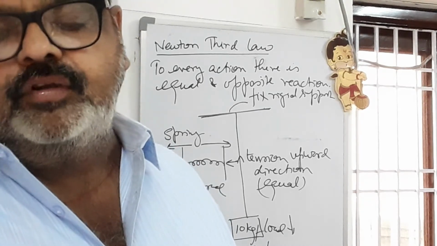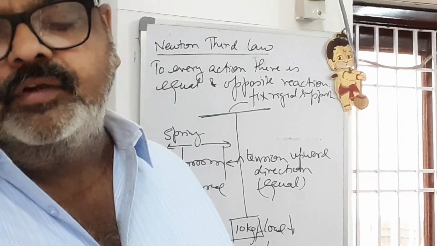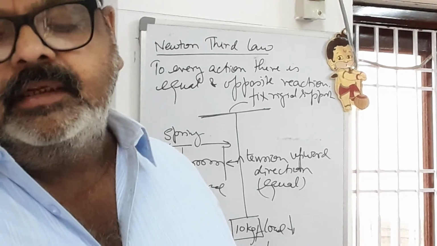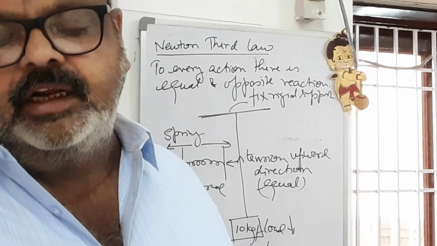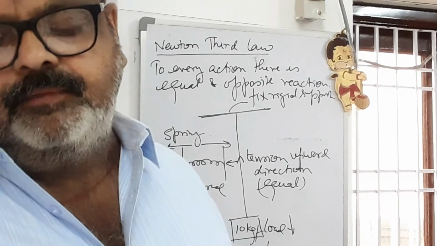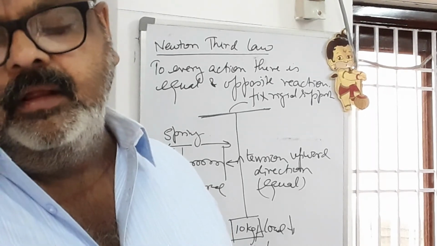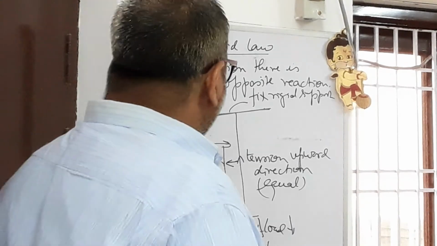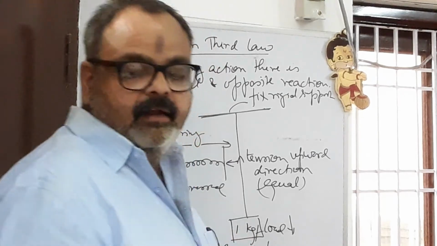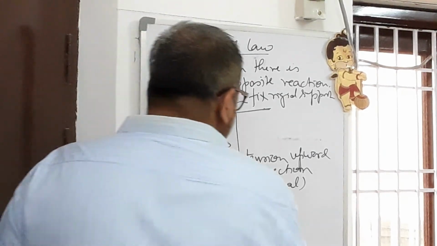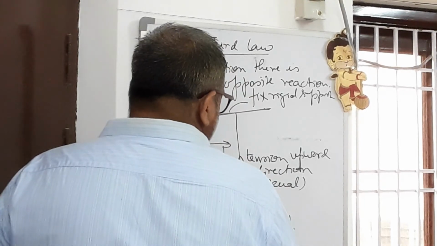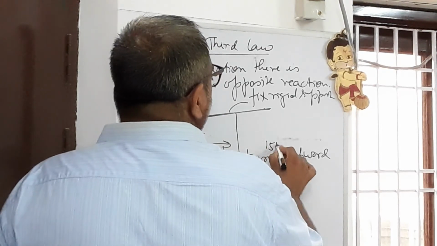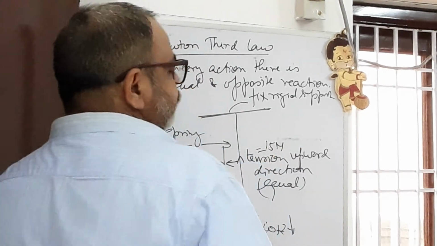The boy pushes the ball with a force of 10 Newton towards it. What force is exerted by the ball on the boy? East to west direction, the same force. Second, the block of 50 Newton is hanging on the rigid support. What force is exerted? 50 Newton. Block on the string: the same force downward weight and upward in tension. Here, if I write according to the book, 15 Newton weight and 15 Newton tension. See.